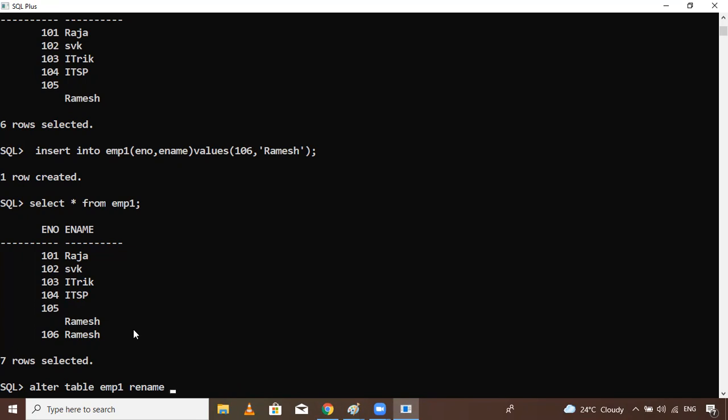Rename to column renaming, this one is. So I want to rename: alter EMP1 rename, just Ramesh to Radha. It's not working.